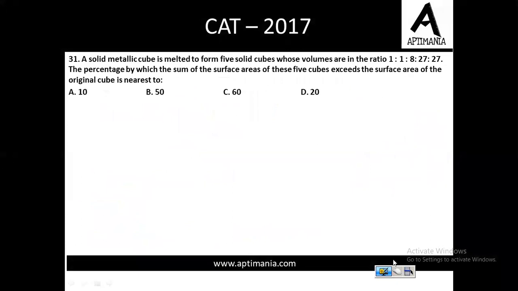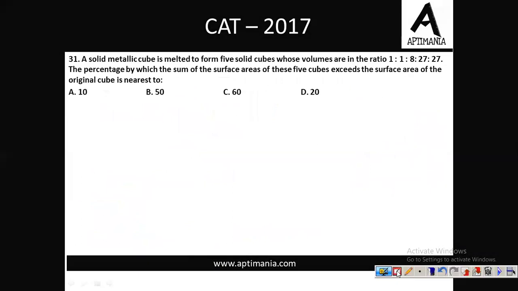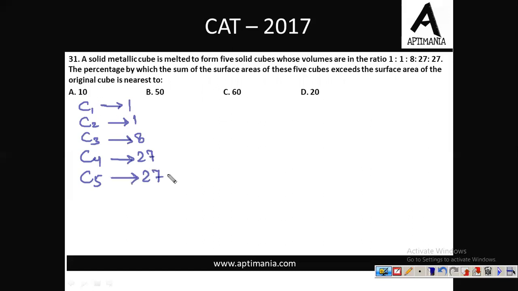Question number 31 is on the screen. अब क्या दे रखा है? A solid metallic cube is melted to form 5 solid cubes whose volumes are in the ratio 1, 1, 8, 27 and 27. Okay, so I'm assuming cube 1, cube 2, cube 3, cube 4, cube 5. इनका अगर वॉल्यूम 1, 1, 8, 27 एंड 27 है, तो इनका जो साइड्स होगा वो हो जाएगा 1, 1, 2,